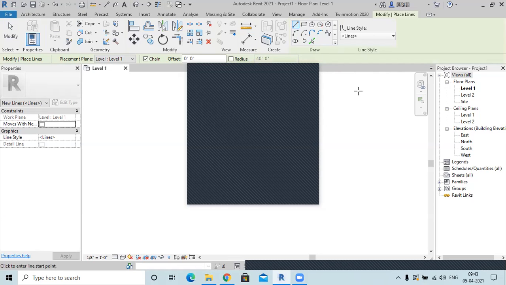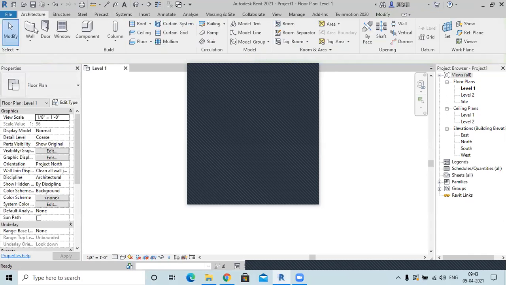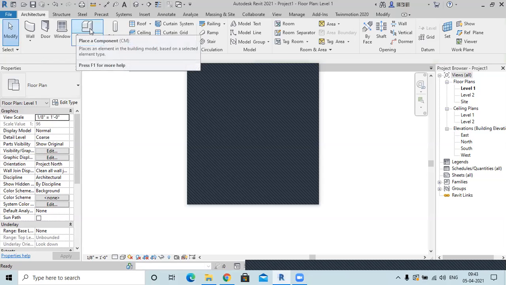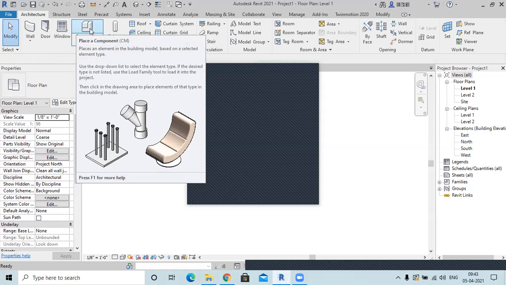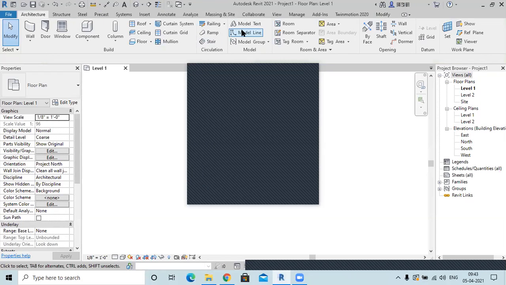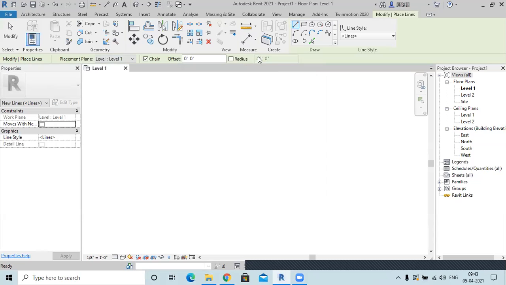So if you want to create 3D elements, then you will be able to see it in the walls and different component things, which I will show you later. Right now, if I show you, you will get confused. So all the elements which we have seen or tried to understand till now are only 2D. If you go to this model line panel, all these structures which you have seen are 2D elements.